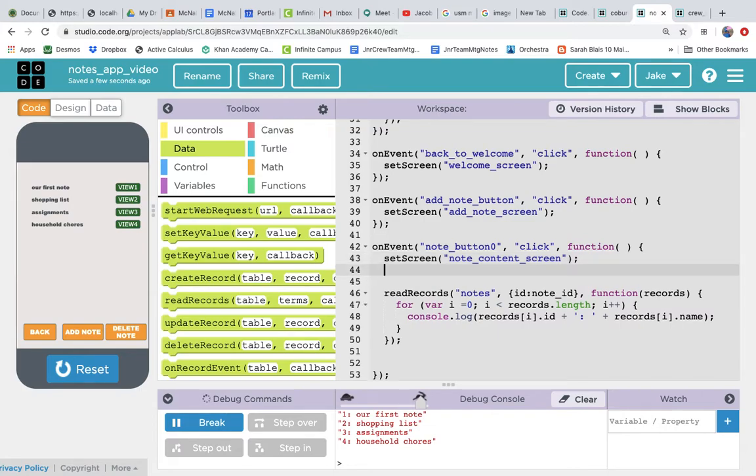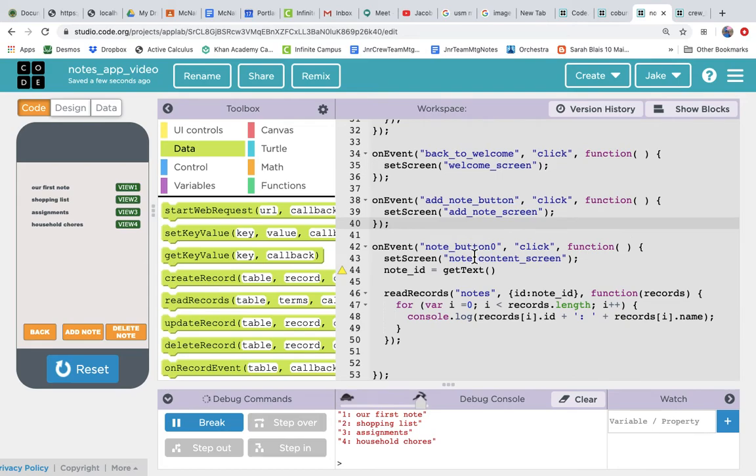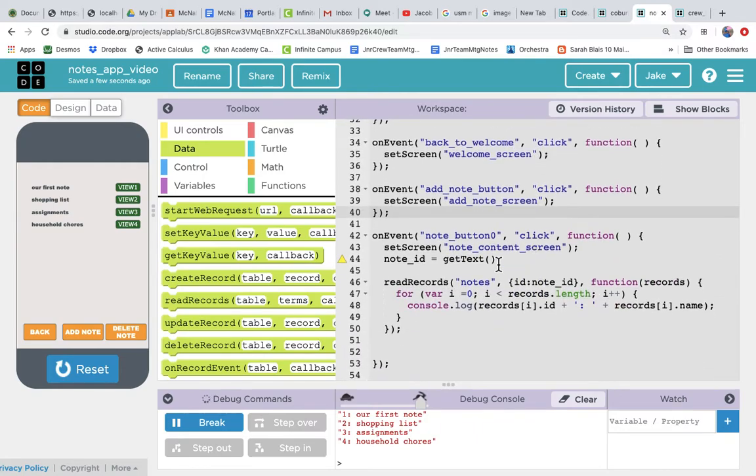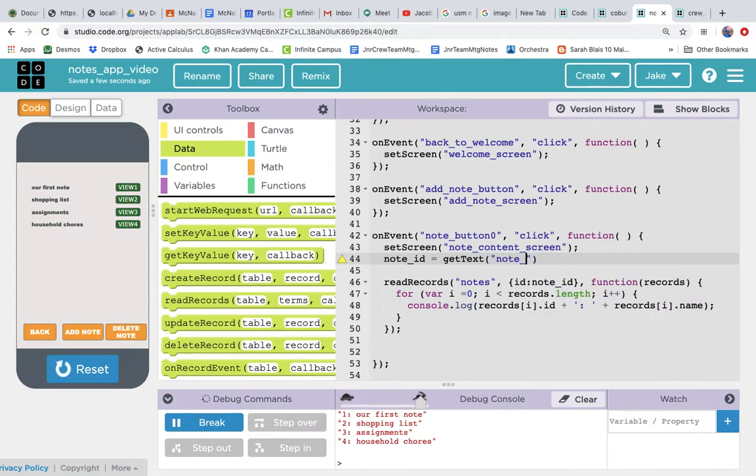So we're going to say note ID equals get text from the note button 0, so we know that the ID of that is note button 0. So we're going to get the text of note button 0, and we're going to store it in note ID,